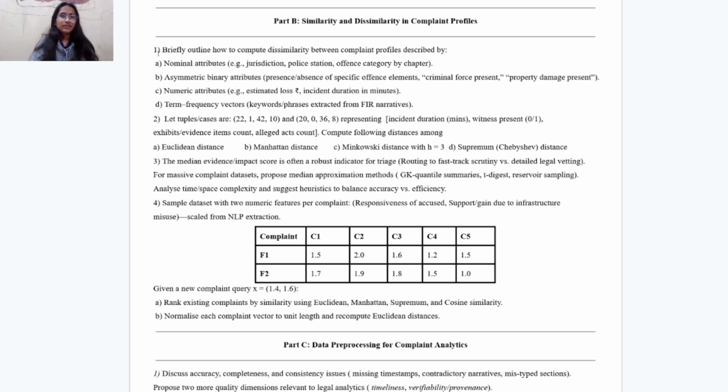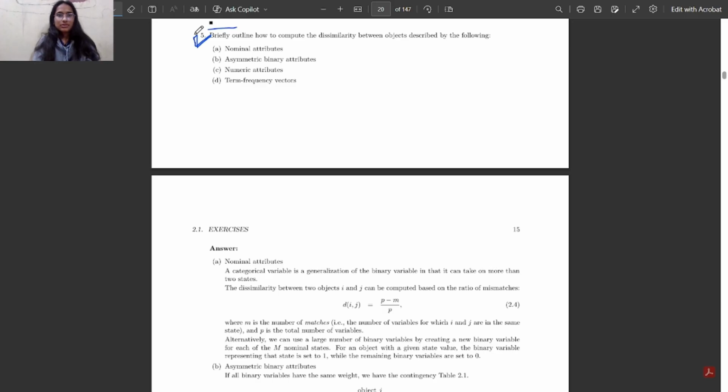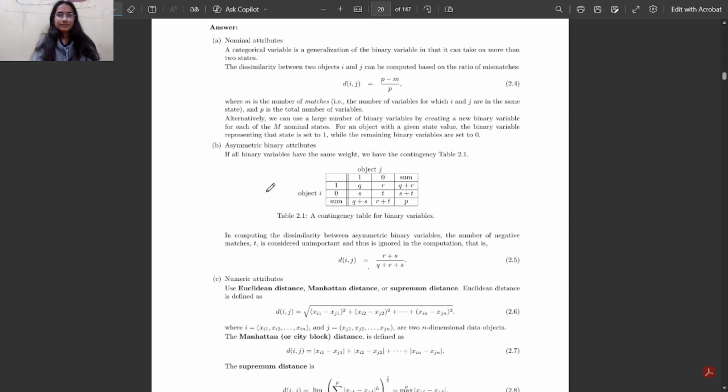So here, briefly outline how to compute dissimilarity between complaint profiles described by A. Nominal attribute, B. Asymmetric binary attribute, C. Numeric attributes and D. Term frequency vectors. So moving ahead with this question,